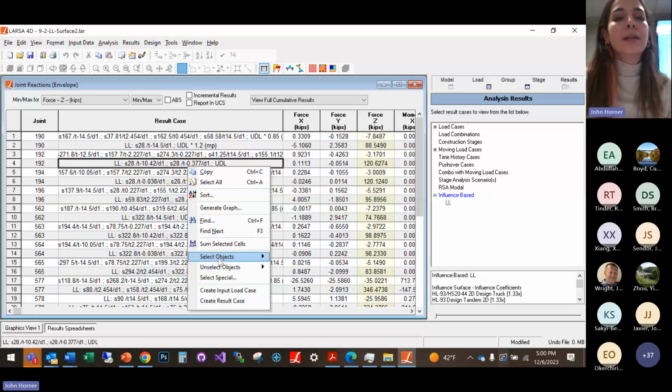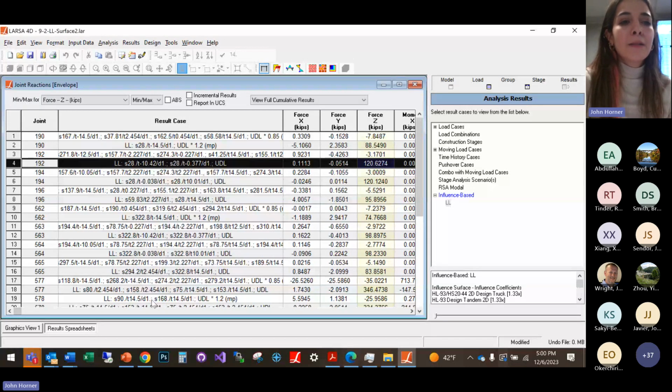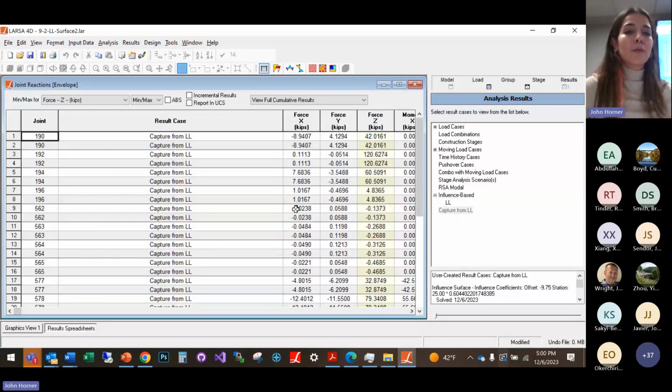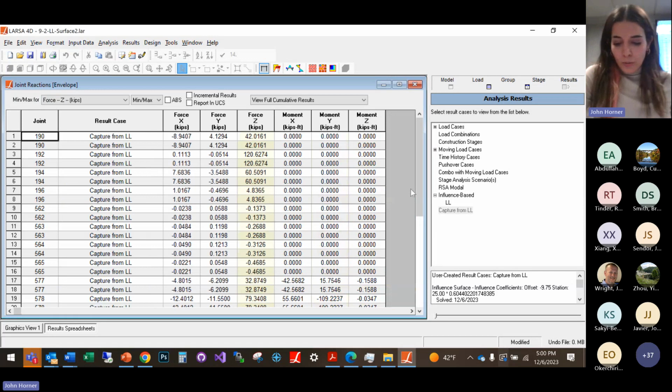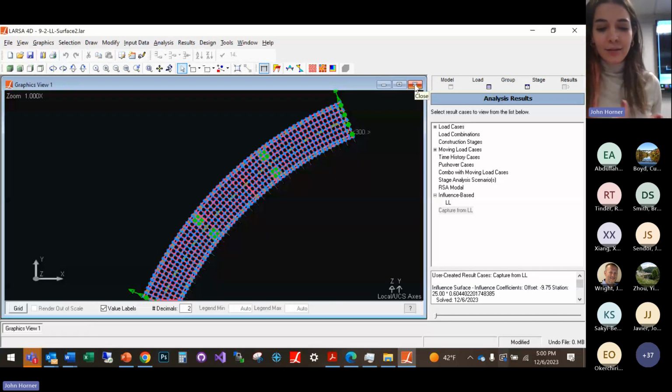Under that one critical loading, you can create a result case for this row, for example, for this joint. It will be critical for this joint, and for the other joints you can see the results, and these will be the concomitant results. So I think that's it